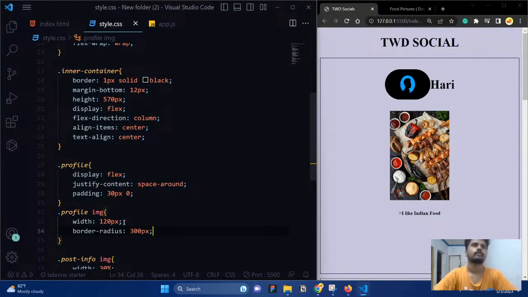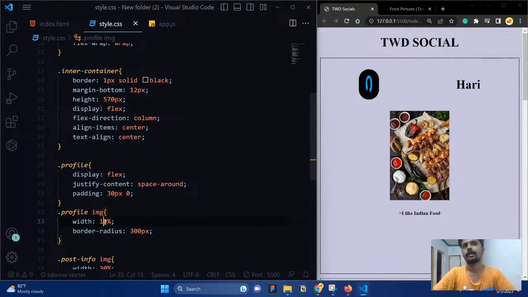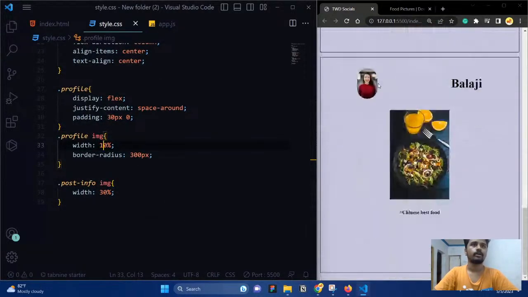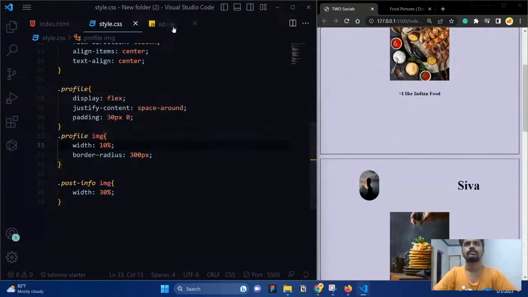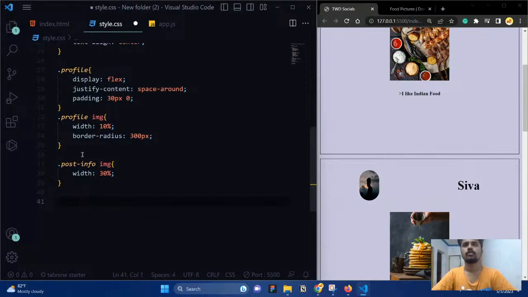So now it is added, and then what we need will be applied everywhere. So the next is this one, post info. Let me tell here, dot info, and that is going to contain an image, right? That image is going to take the height